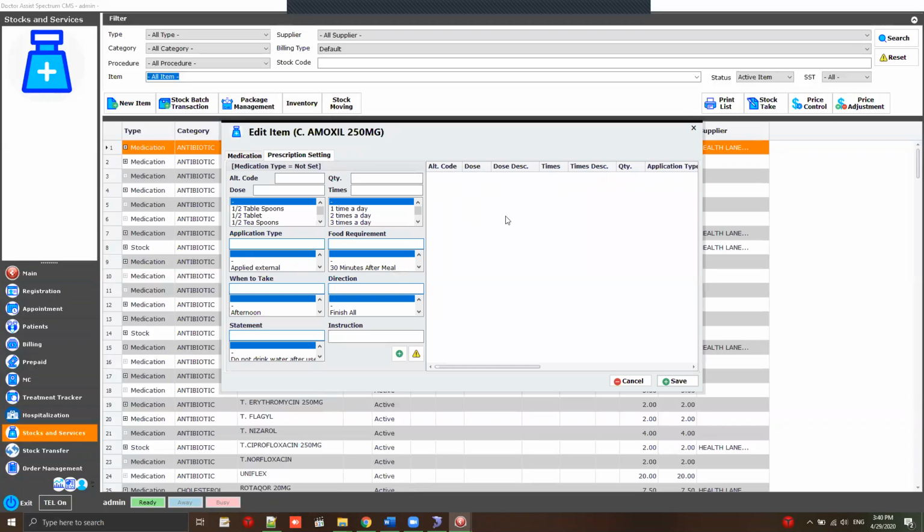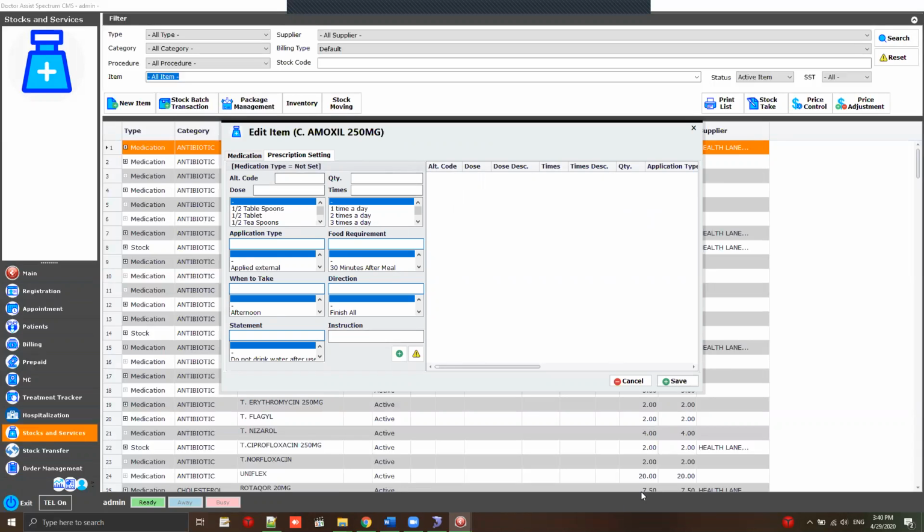This one you can set alternate dosage. Let's say for a certain condition you would like to prescribe at this dosage, or at a certain timing you would like to prescribe at this dosage, depending on the patient and the scenario. So instead of having to select it yourself every time, because sometimes you might not be able to remember all the different prescriptions, what you can do is set the output here first. Maybe you already revised it for this situation, so you have this setting. You can just select all the settings that you want, and then click save. So now every time you prescribe, you can just directly use the alternate code to prescribe that particular